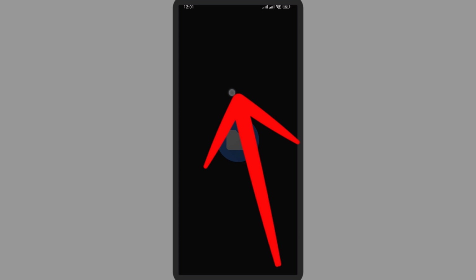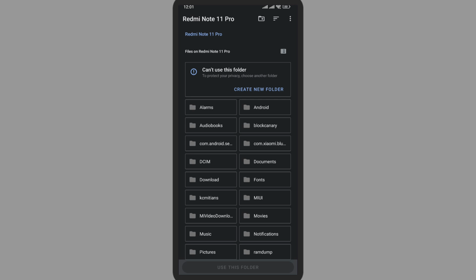Now tap on add folder. Here you must add a specific folder or any type of book that you want to import. So the book or even the PDF that you import will be shown here, and later you can read it and even